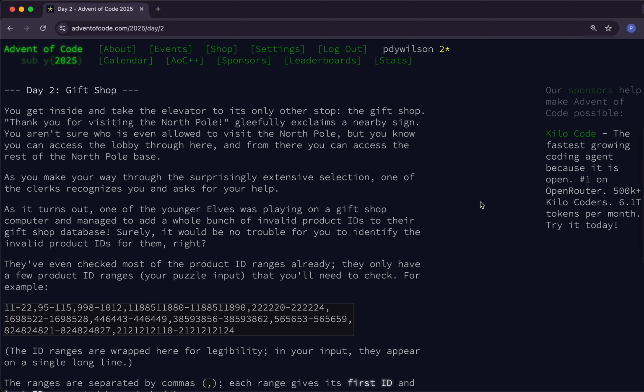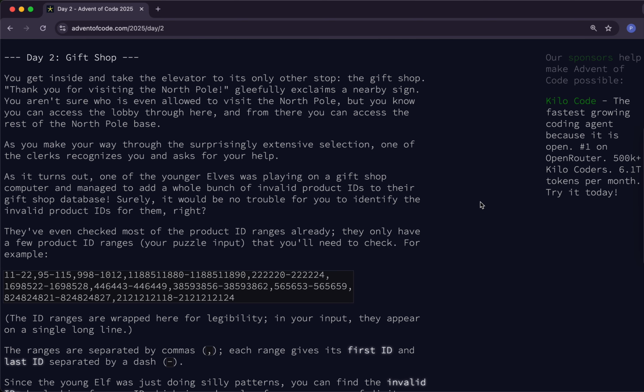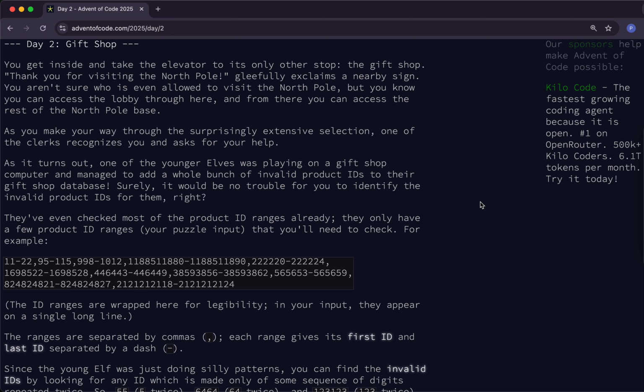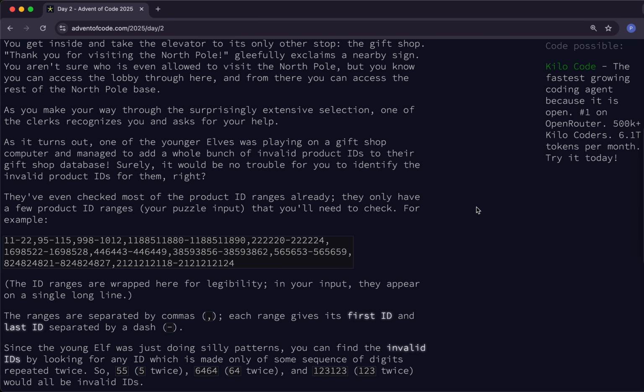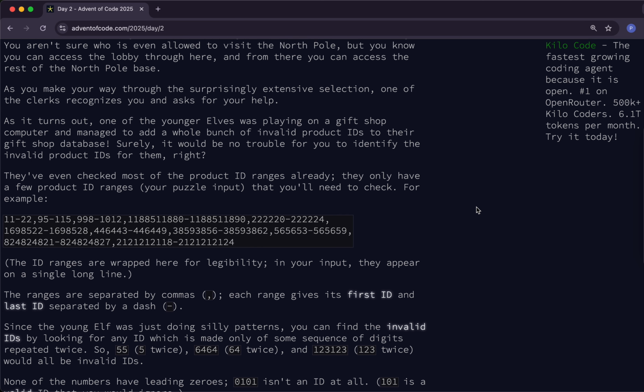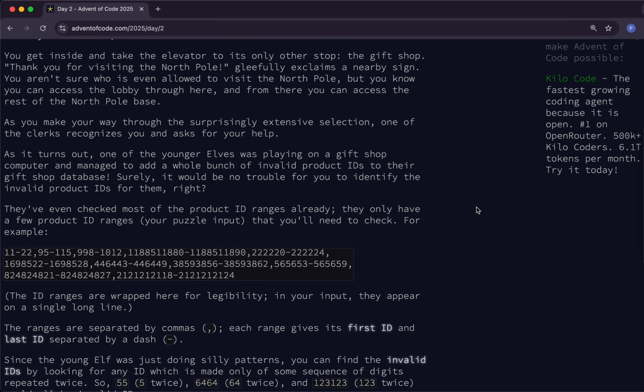Gift shop. You get inside and take the elevator to its only other stop, the gift shop. "Thank you for visiting the North Pole," gleefully exclaims a nearby sign. You aren't sure who is even allowed to visit the North Pole. You know you can access the lobby through here, and from there you can access the rest of the North Pole base. As you make your way through the surprisingly extensive selection, one of the clerks recognizes you and asks